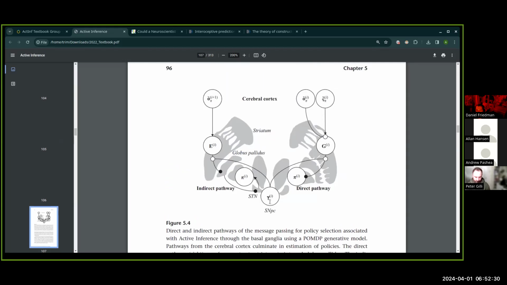In the indirect pathway, observations are coming in. And then there's õ, O through time, of a given policy. And here's E, the habit. This is the prior on policy. And then basically the prior on policy, the habit, is just being passed on to what we choose. So this is just carrying forward our prior on what we do, and then either choosing the best ranked option or sampling from that policy posterior.